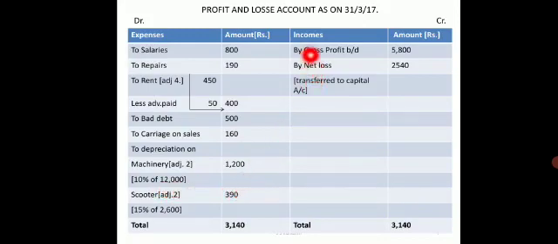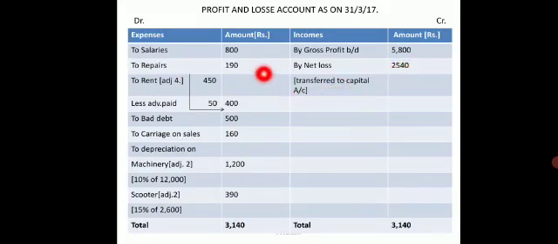Now coming to the income side, we don't have any incomes. So now total all the asset side, now we are having only 5,800 as my gross profit, but my expenses are more. So since my expenses are more, I will take the higher total, that is 3,140 is higher, which is the debit side total. The same total is written on the credit side, 3,140. Deduct 5,800, I will get a loss of 2,440. So that net loss is taken to balance sheet.